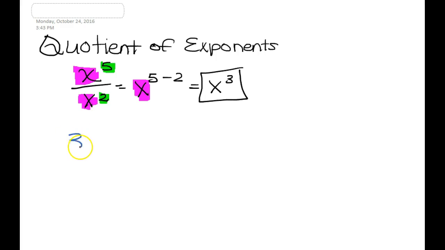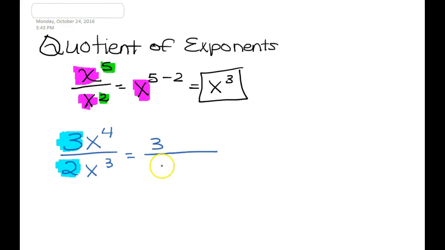So what if we have 3x to the fourth over 2x to the third? Well, we're going to look at our integers again. So we have these integers. We're going to separate them, just like the Lego idea. We don't actually have to do anything with them. So what I'm just going to do is kind of separate them, and I'm going to write 3 and 2, and then I don't have to worry. But what I then do is I need to take my base, which is x, and I'm going to subtract my exponents. So then we get 3x